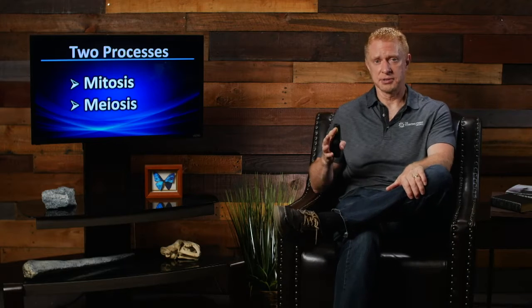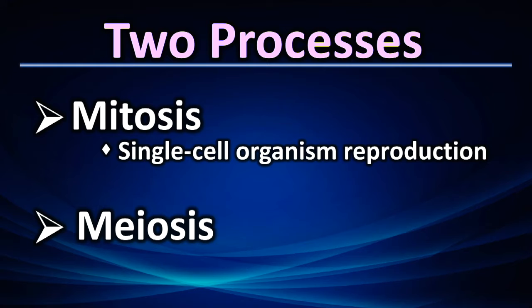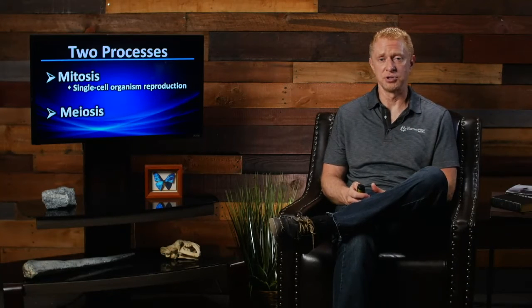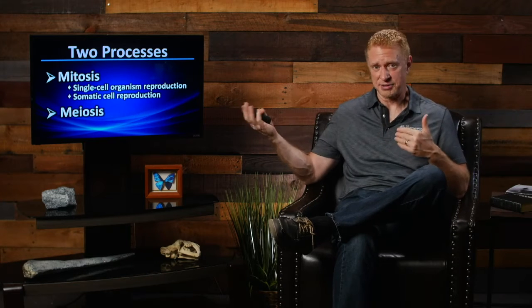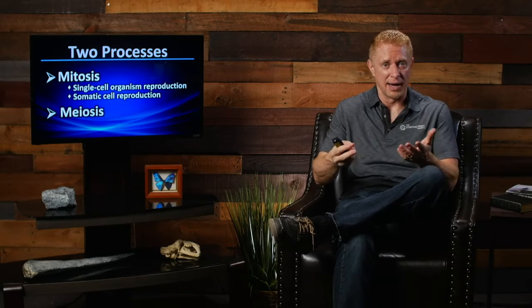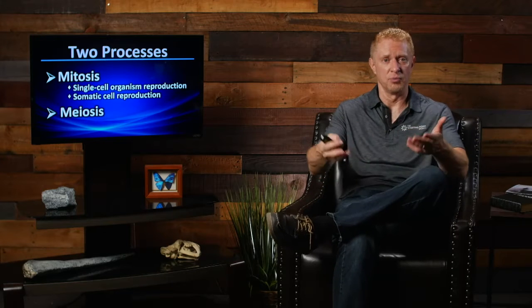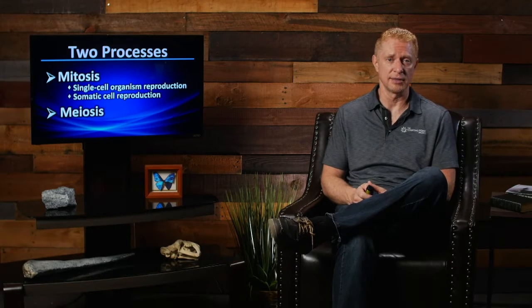And we have two processes that go on when things reproduce. We've got mitosis and meiosis. Mitosis is a process that is used to copy those single-cell organisms, the prokaryotes. It is also a process that's used to copy what we call somatic cells in our body. Skin cells, cells in your eyes, your hair, and all that. And when your skin's wearing out, your body makes more skin cells constantly. It's doing it all the time, your whole life. This process of mitosis is involved in reproducing those cells, and we'll see that in detail in a second.